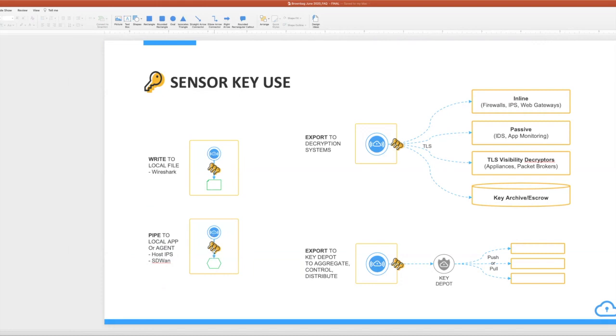Everybody has a different requirement, and we have a lot of flexibility for how we can export those keys through an API, a REST API, through a true programmatic piping. It depends on the level of engagement we really want to have. In the long term, if you're an end user asking that, the potential, yes, is that we are trying